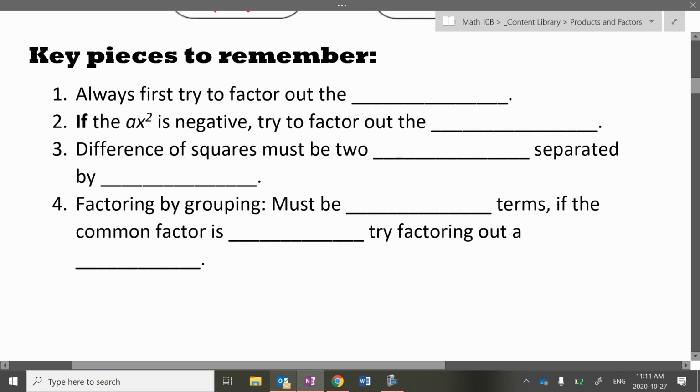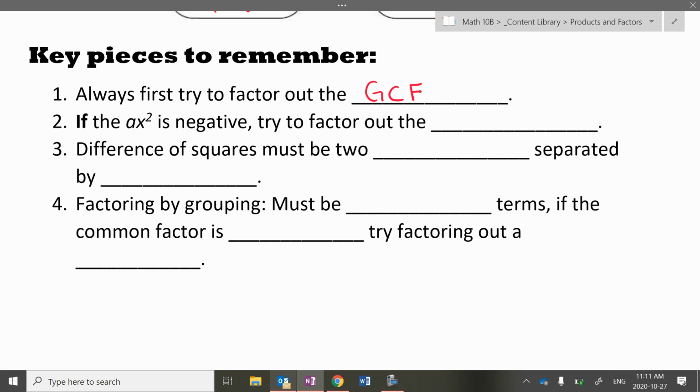Always first try to factor out the greatest common factor, GCF. Always try and do that first. If, in bold,